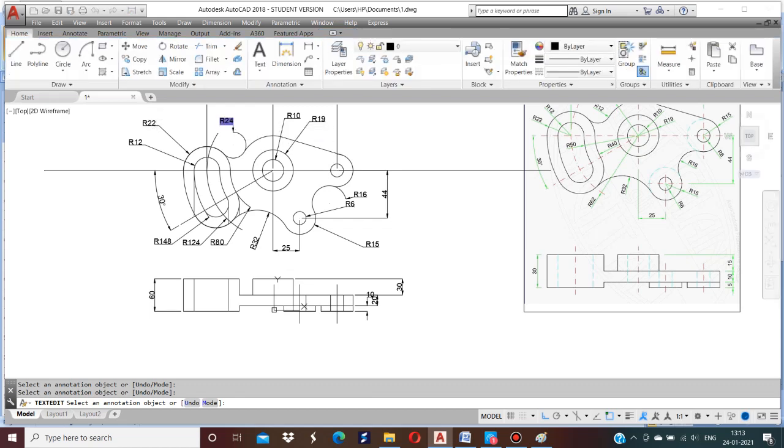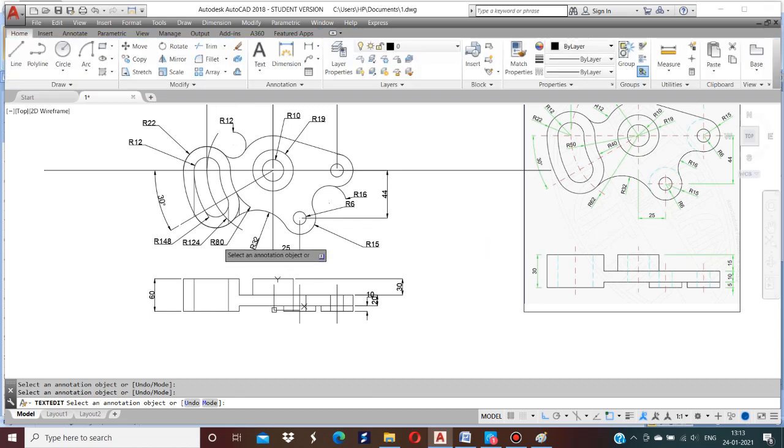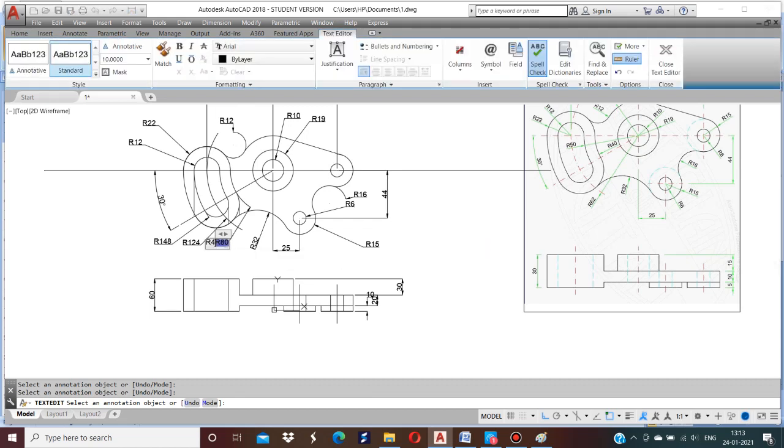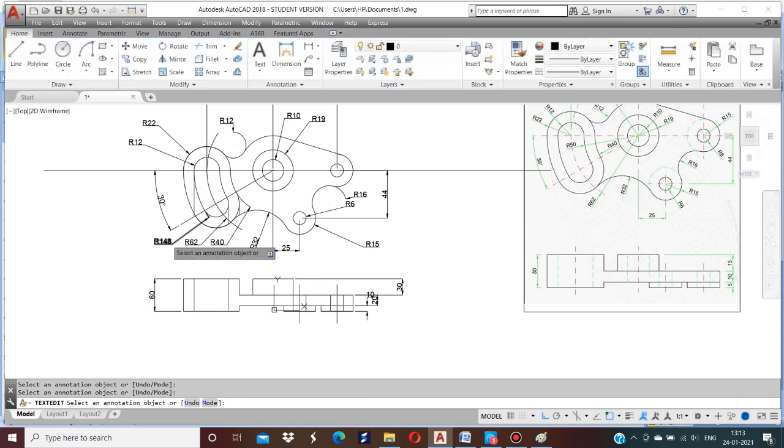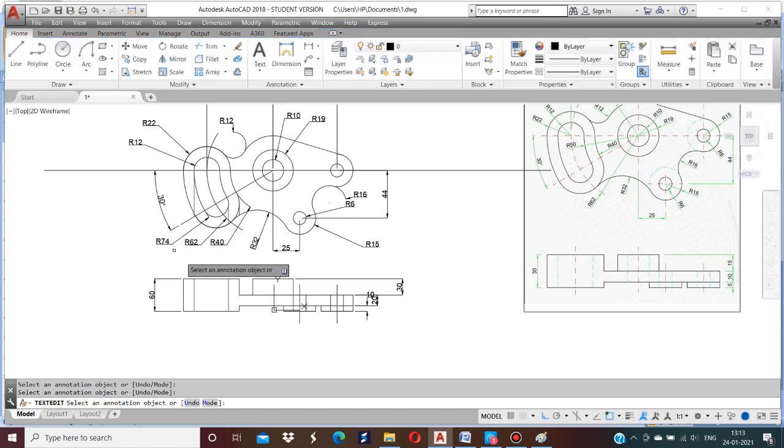Here it is R12. It is R40. Here R62. This is R74.